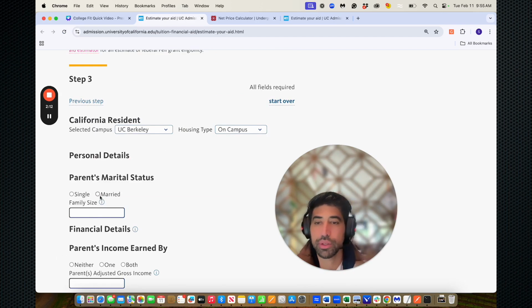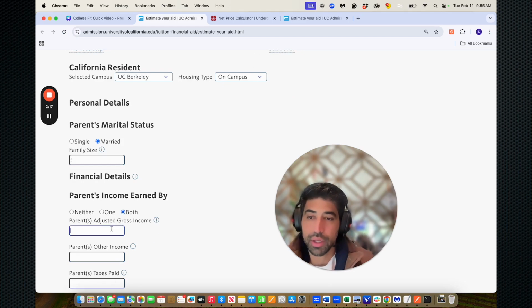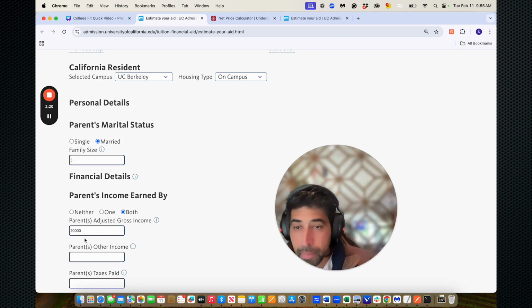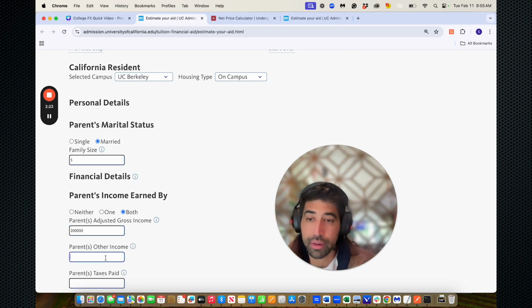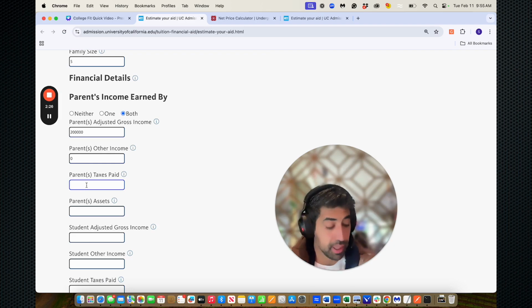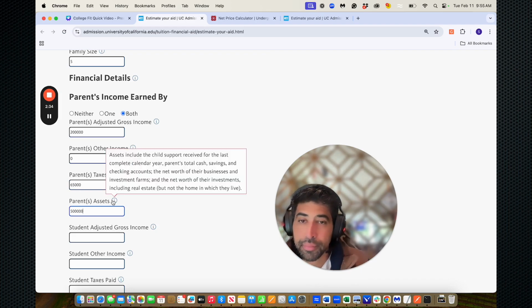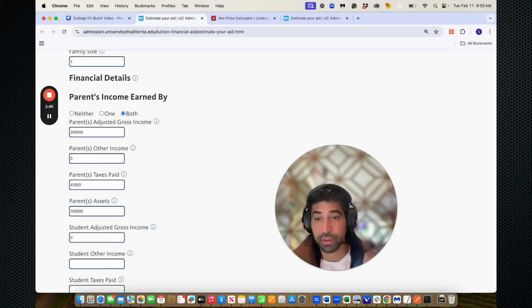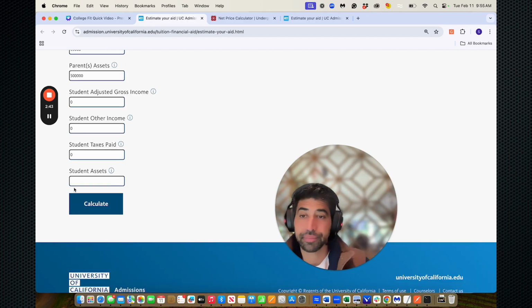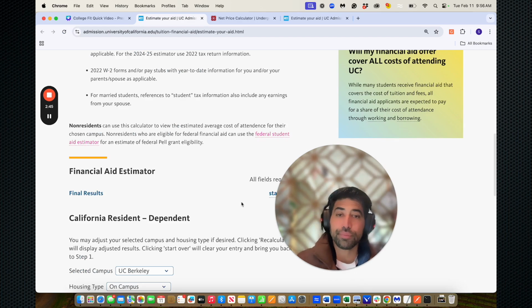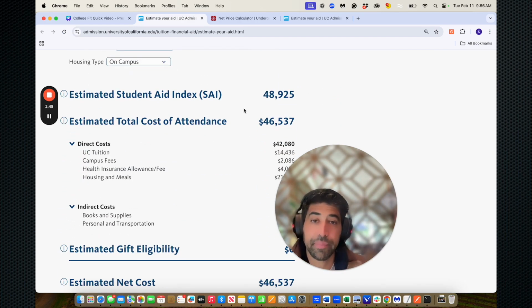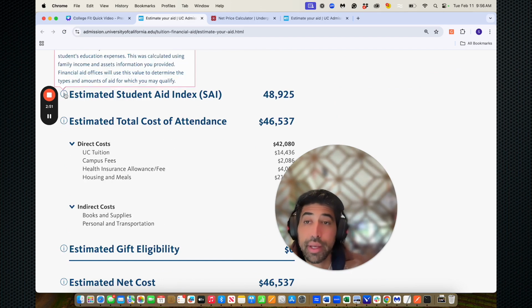So if we just quickly do this: married, 5, adjusted gross income 200,000, parents other income 0, taxes paid 65,000, assets 500,000. There you go. So it includes real estate as well. Adjusted gross income 0, other income 0, 0, 0. Let's see. So you can see here, the student index is